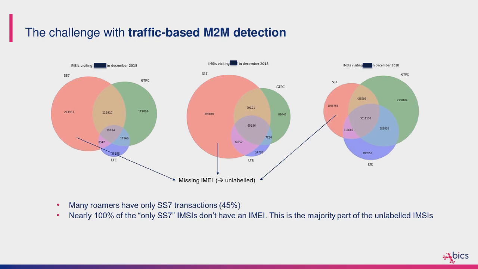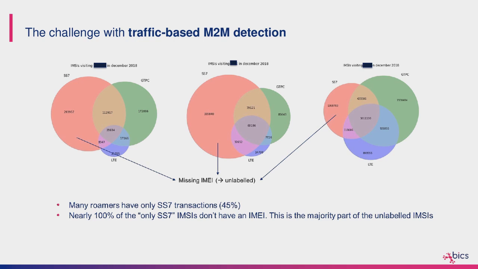But the interesting part is a significant portion are still only generating SS7 traffic. And as I explained to you before, SS7 is probably the least informative of all the protocols when it comes to how to classify a machine, because it misses the device information, which is actually present in Diameter and present in GTPC. And normally, if you're doing only SS7, at best you may be an SMS user. As in, if you're using SMS, then okay, you're active in terms of usage, but you're only using SMS, you're not using very much data. You could also be using voice as well. But it's the least informative.